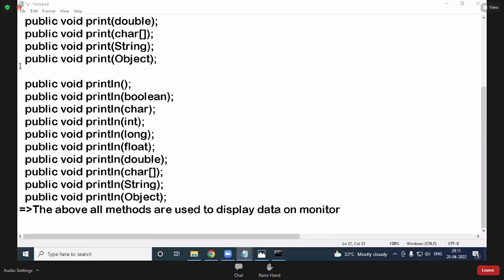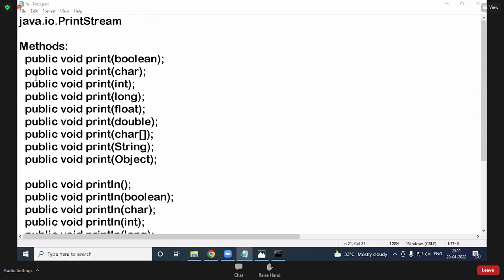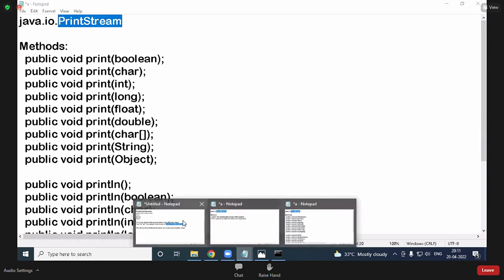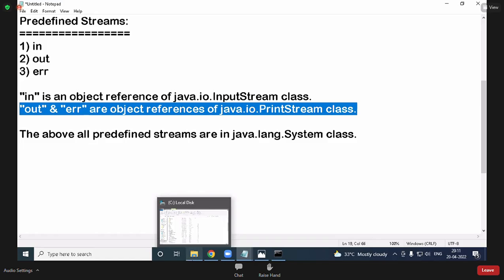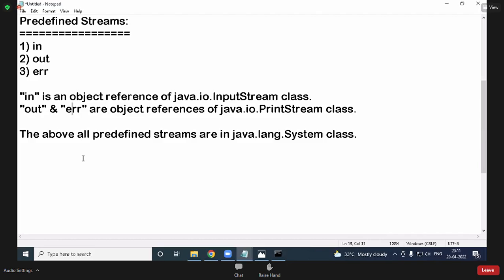All are instance methods. How many ways to access? Two ways. What are those? Object reference. Which class object is required? PrintStream object or PrintStream object reference is required. But out and err are two object references of PrintStream only. We can use these references, but where are they? In the System class.